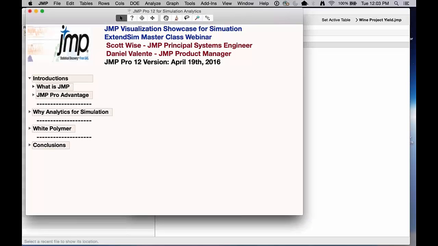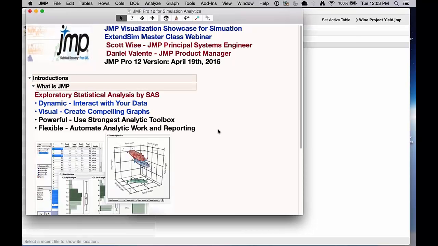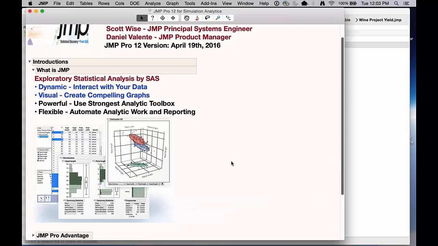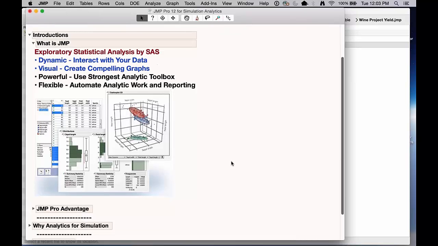But I'd like to jump right in, pardon the pun there, and talk a little bit about this visualization. So first off, I'm sure not everybody on the call is familiar with JMP. JMP is a client exploratory analytic package from the SAS Institute. That's our parent company. We were created by one of SAS's co-founders, John Sall, who kind of saw the rise of the personal computer and the laptop